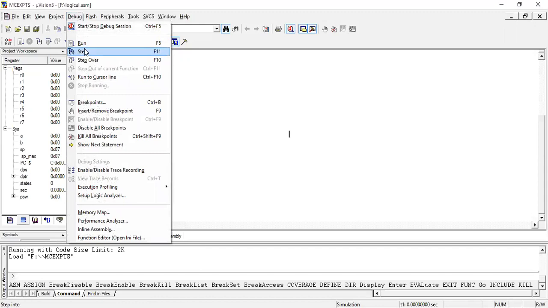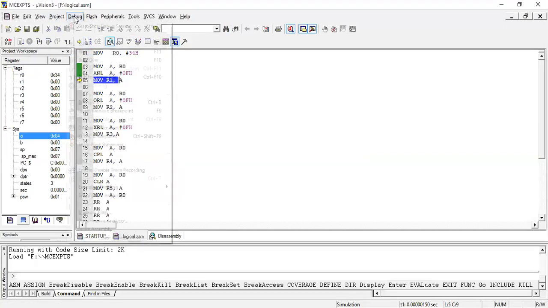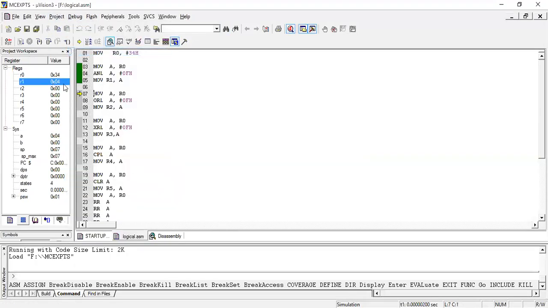When you debug step by step, initially the value of R0 is taken to the accumulator. Yes, it's taken to the accumulator. A is 0x34. After performing the AND operation, as I told you previously, 34 AND 0F gives the result 04. That is still available in the accumulator, and it has to be moved to the R1 register as per this section. If we debug, yes, it is moved to the R1 register.